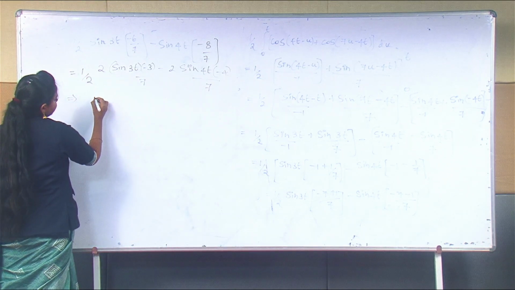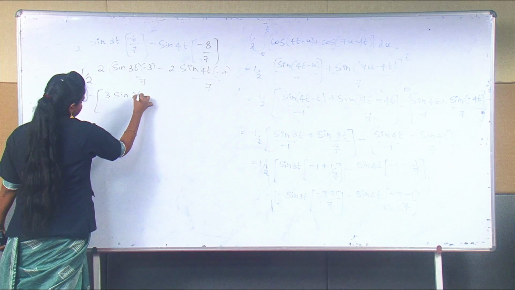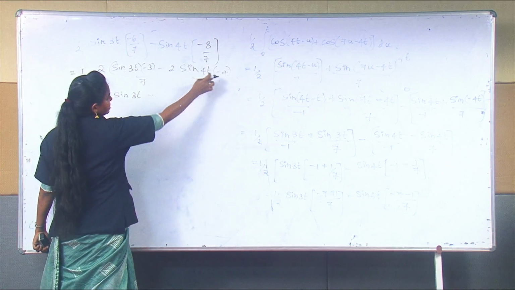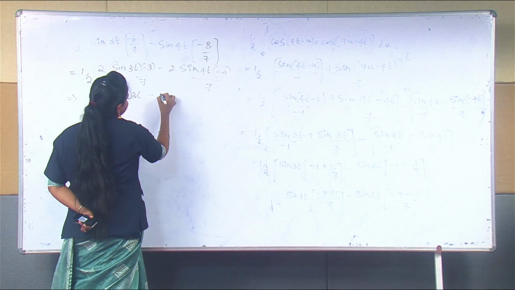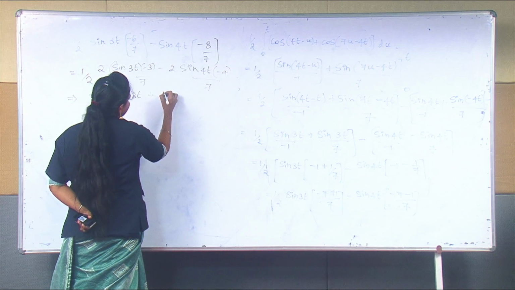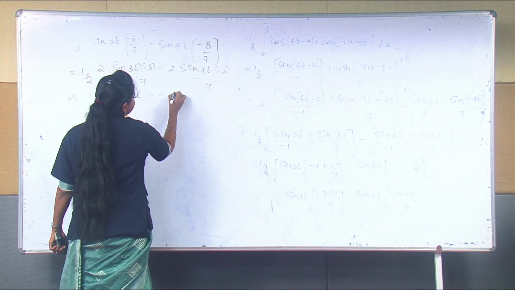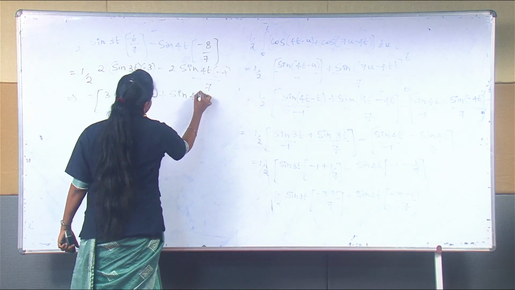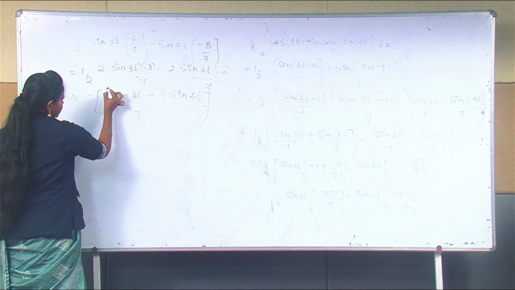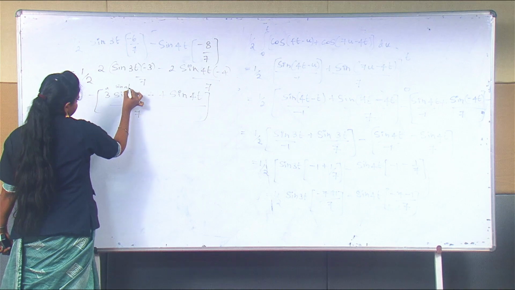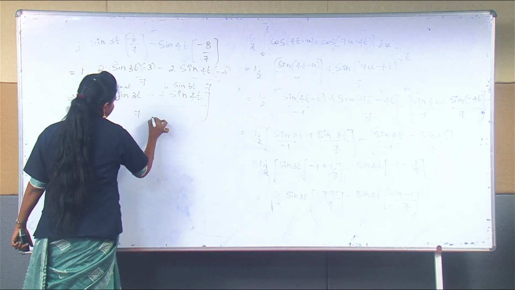So just cancelling out the terms, minus of 3 sine 3t, minus of minus is plus, 4 sine 4t divided by 7. So this is A sine at minus B sine bt divided by,